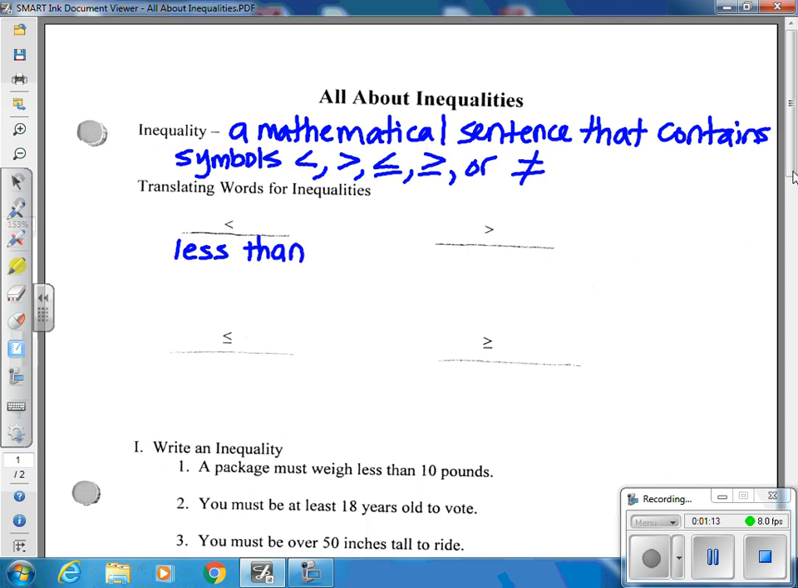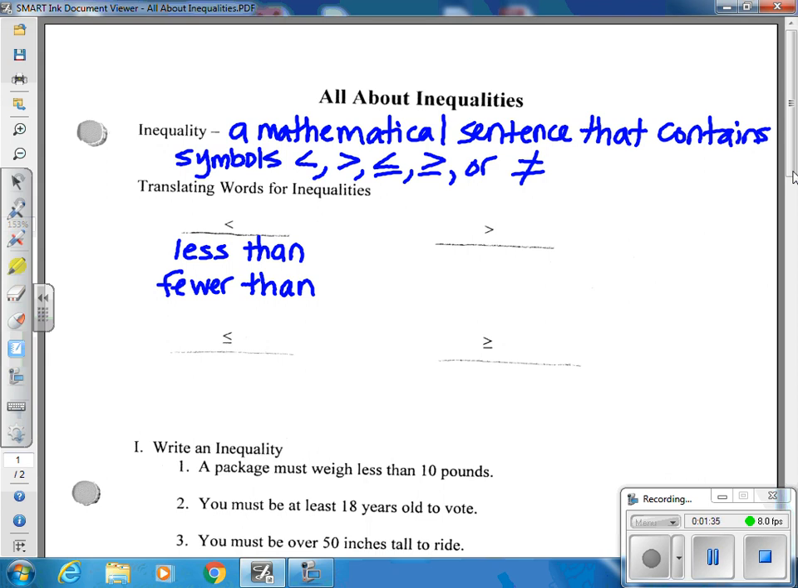Now be careful because less than also shows up in our equation words as a subtraction problem. All right, so you've got to read through the problem completely and see whether it's talking about an inequality or not. Okay, along with the phrase less than, fewer than is also going to mean to put the less than sign. Right, if you have fewer than $5 in your pocket, you don't have $5, but you have